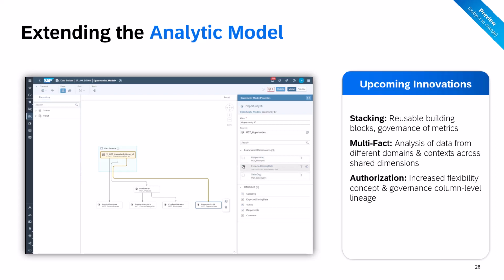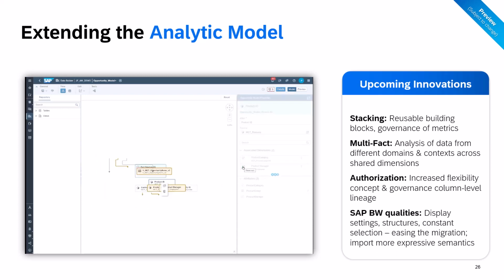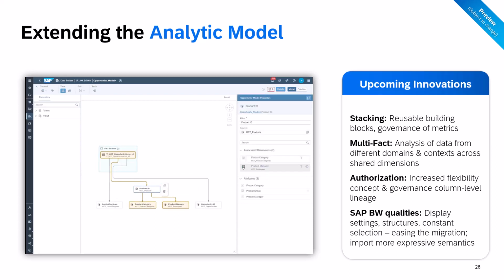And last but not least, also offer more and more of the qualities many of you might know from BW, right? Stuff like the different display settings you can have, structures, constant selection. I talked about it. We already support it in the analytic model today. We just delivered that a few weeks ago.